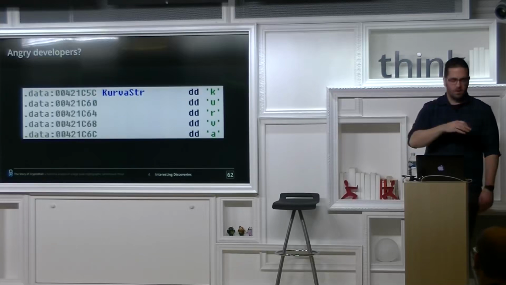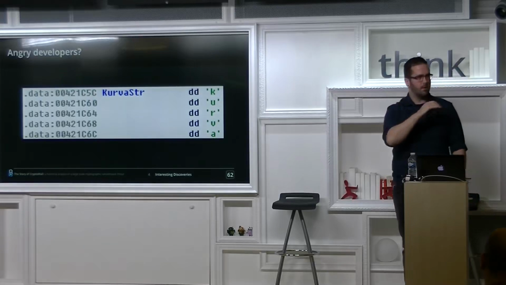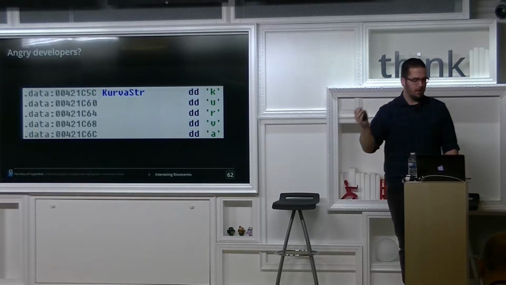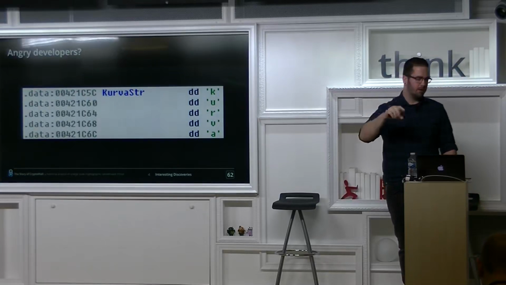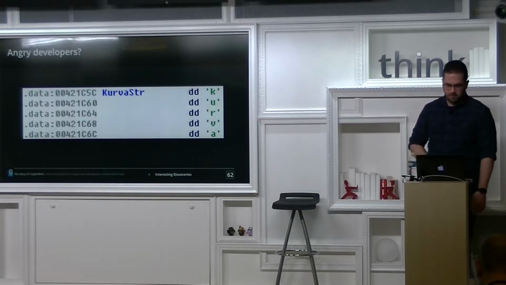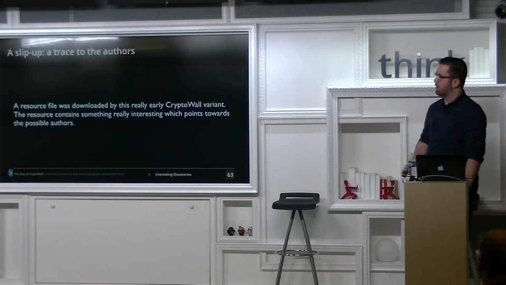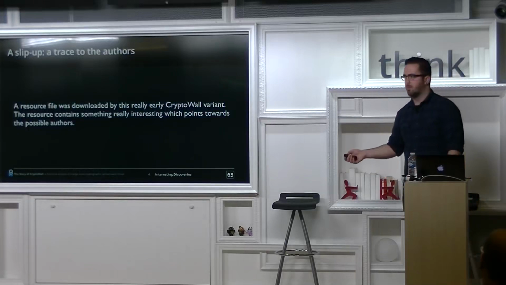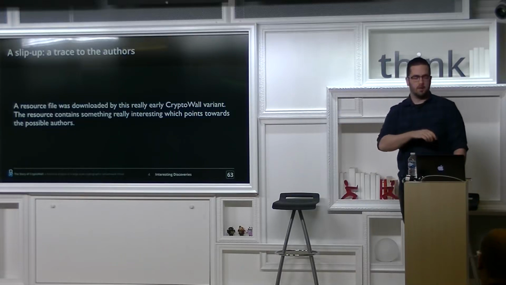If you get into the whole core, there are the file names of the ransom nodes. And if you go 16 bytes up, there are 4 bytes, which if you decode it, is this. I have no clue, there's no reference to it. But what was interesting is that they made a slip up, all the way in the beginning.